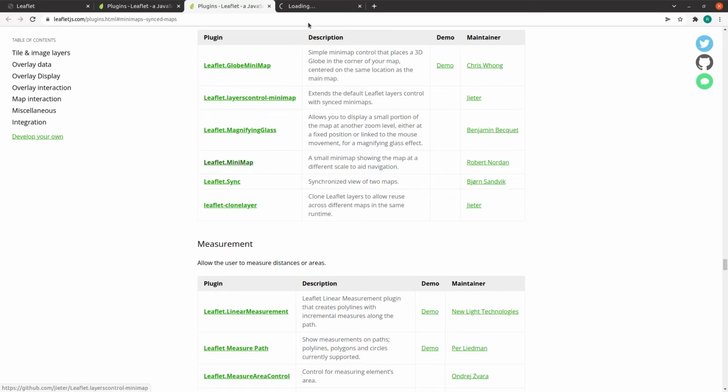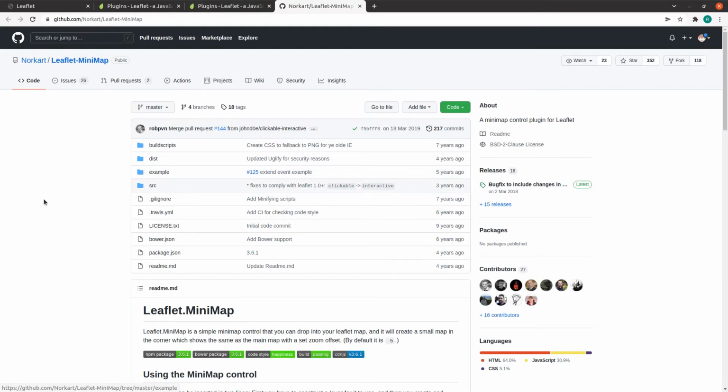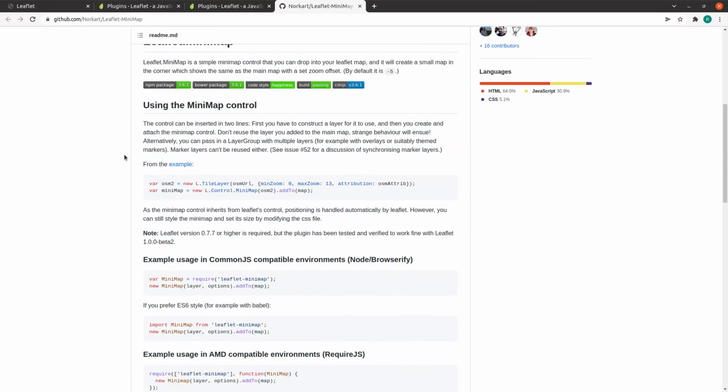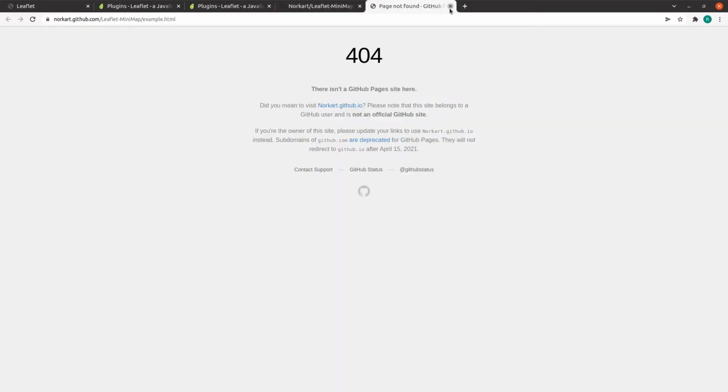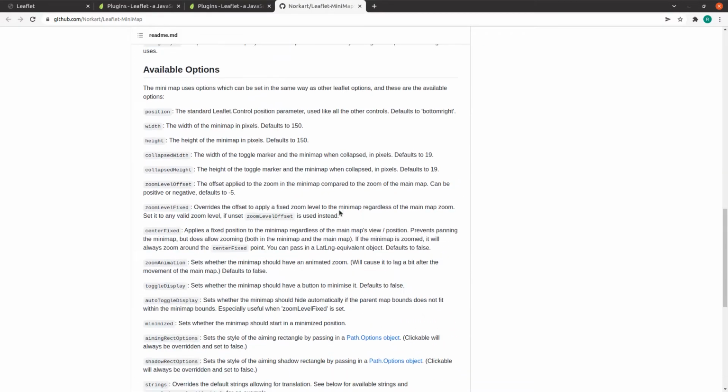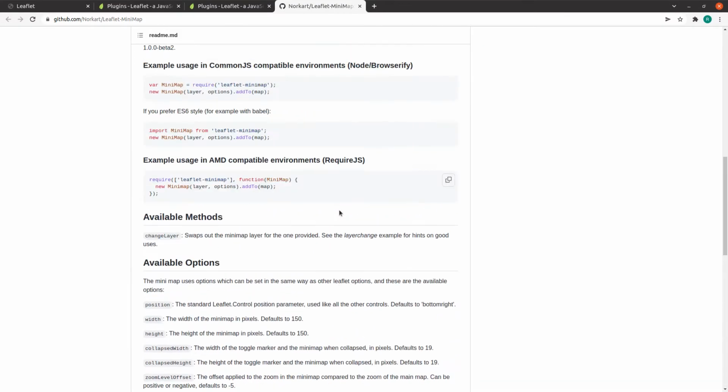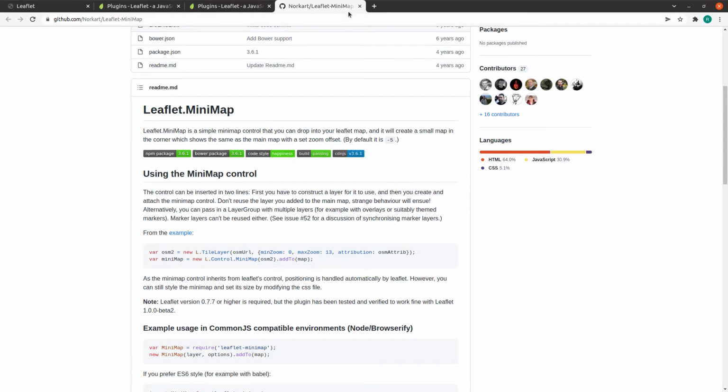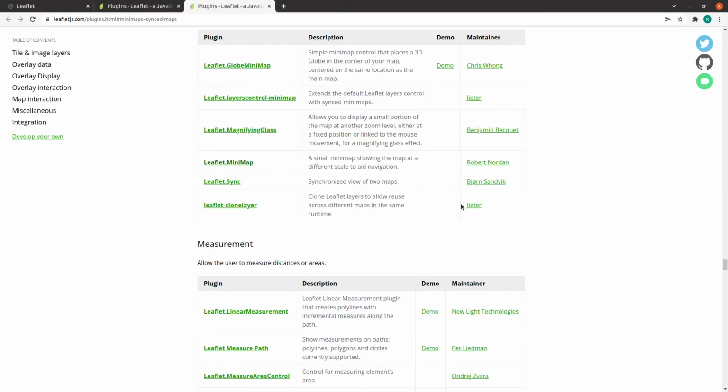If you are clicking on this leaflet minimap, it will open a GitHub, and over here they will give the code for minimap. And okay, I think there is a demo also for some of the files. Some of the plugins give one demo also. I think it's for the toolbar.